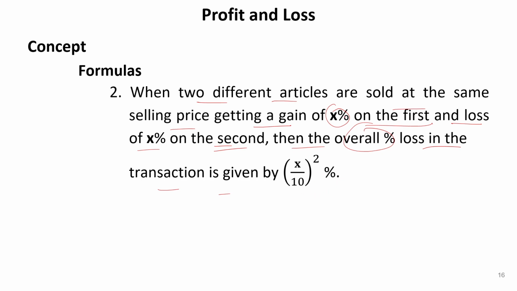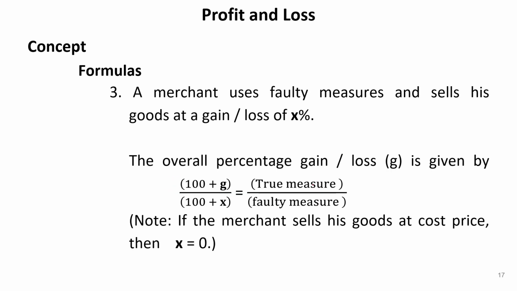Okay, so if two articles are sold at the same selling price, with a gain of X% on the first and a loss of X% on the second, then the overall percentage loss in the transaction will be given by (X/10) whole squared %. Okay, so let's see the third kind of formula, that is: a merchant uses faulty measures and sells his goods